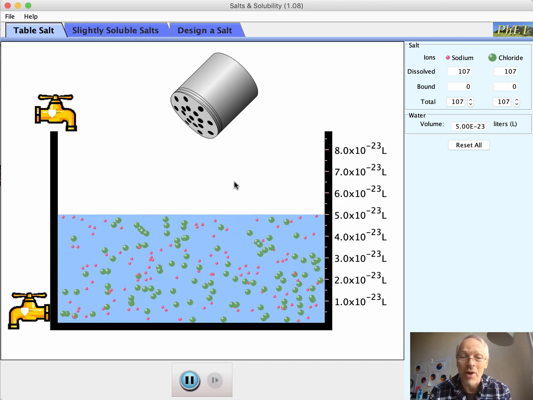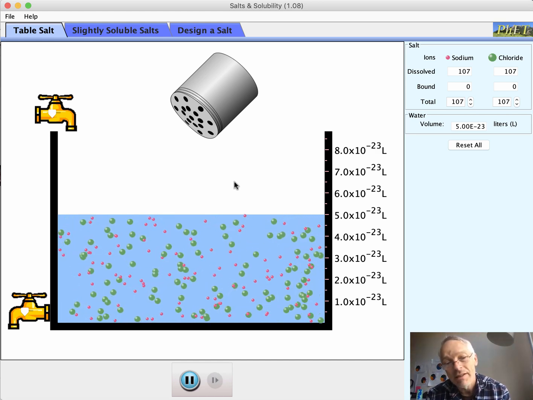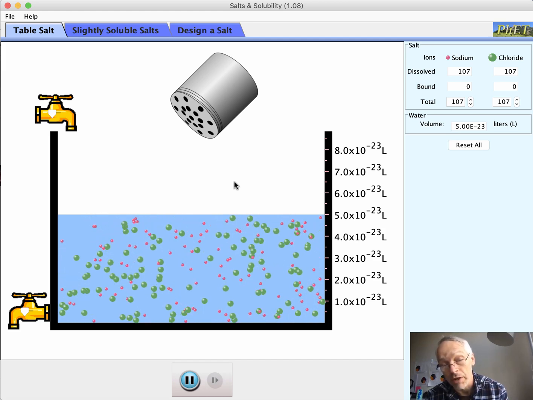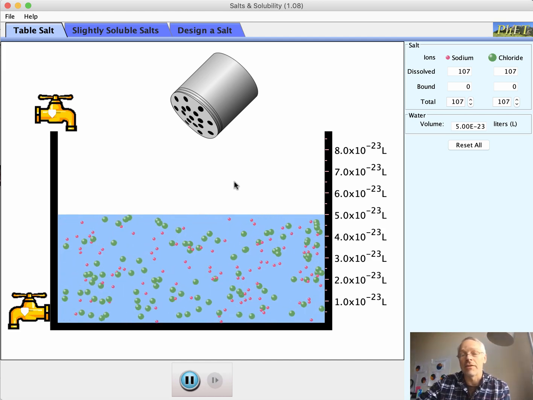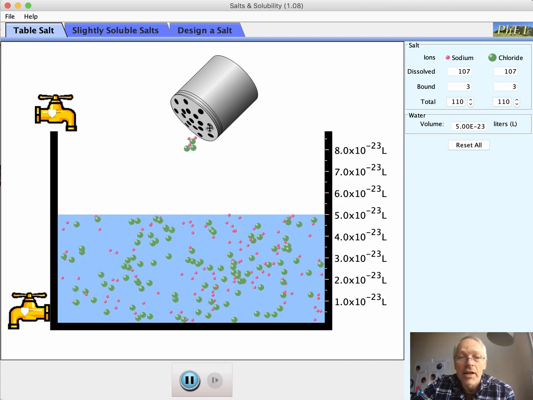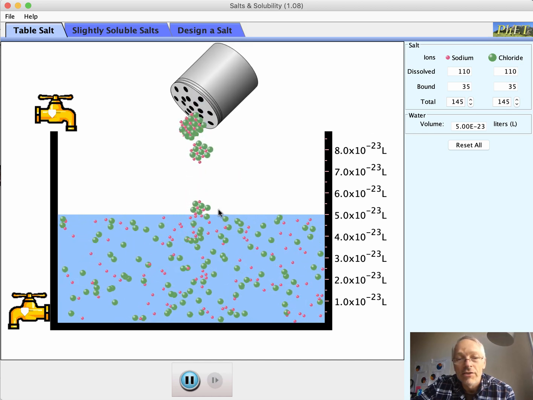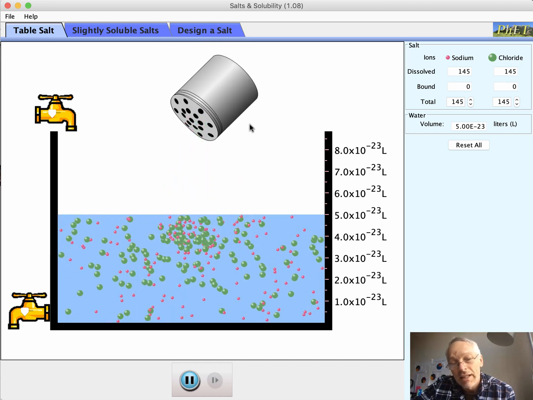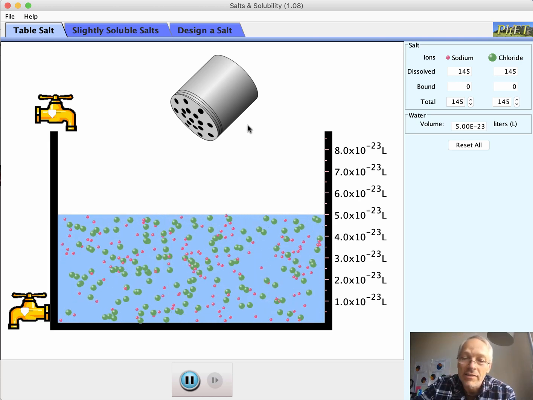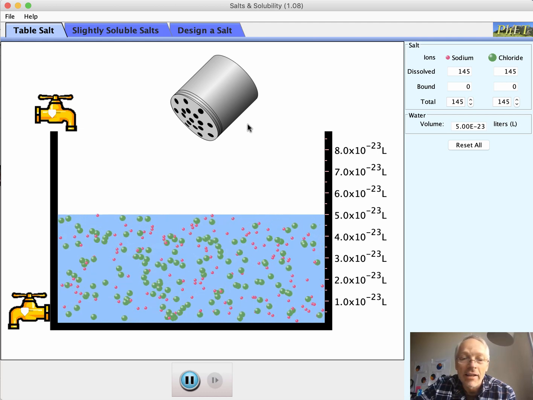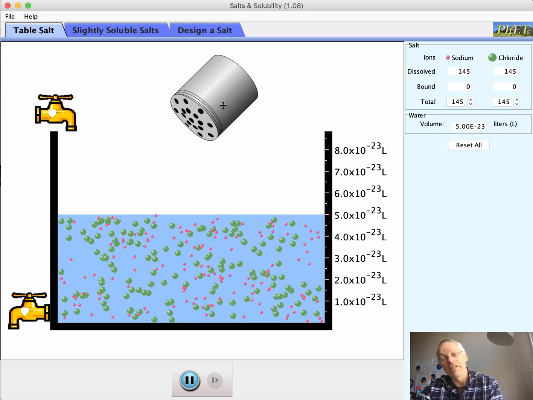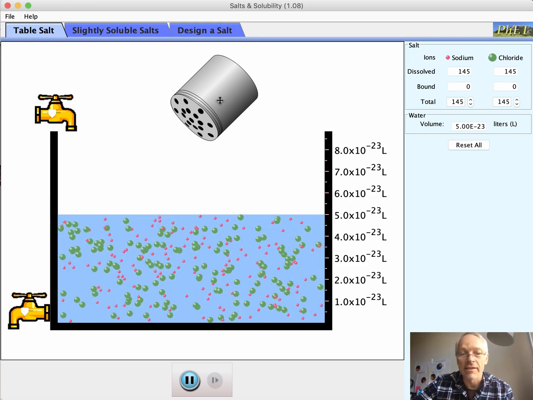And once they've sort of surrounded an ion, they keep it from reconnecting with other negative or positively charged ions, the opposite charged ions. So we've got a bunch of sodium chloride swimming around here, and it's all dissolved. Sodium chloride is very soluble, and that means that the bonds between the water molecules and the ions are quite strong, and they sort of override the already strong attractions between the positive and negative ions in the crystals of